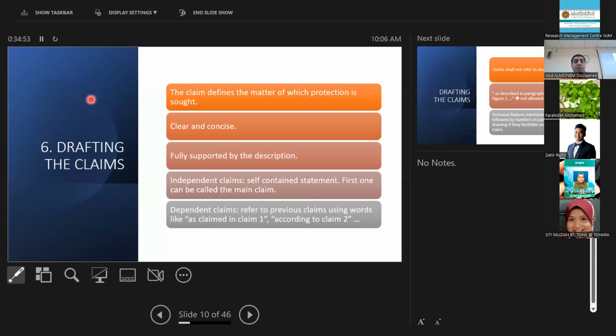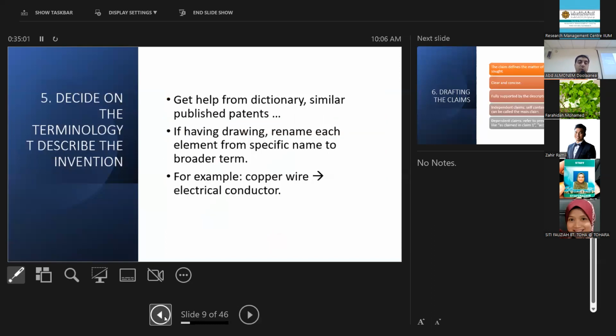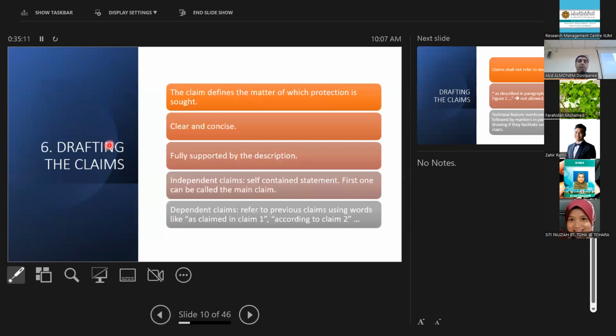Drafting, after that, the important part is drafting the claims. From your drawing, from your sketching of the main features of your invention, you can start writing your claims. The claims define the matter for which protection is sought. So here, actually, what you own is the claims. They should be clear and concise, fully supported by the description. After you draft the claims, every part, every word needs to be supported inside